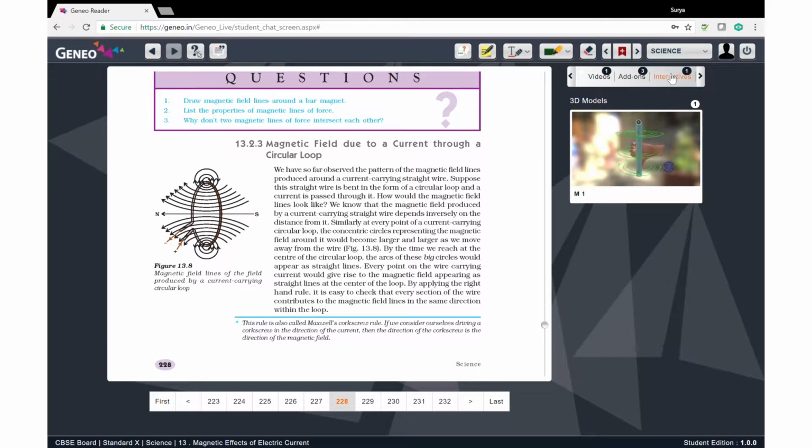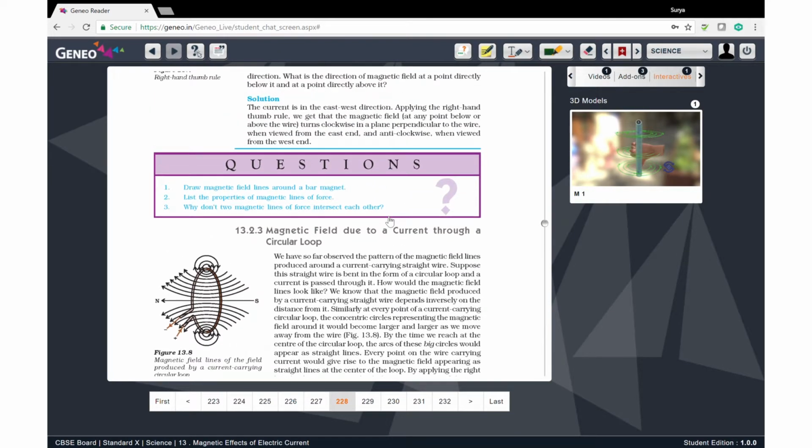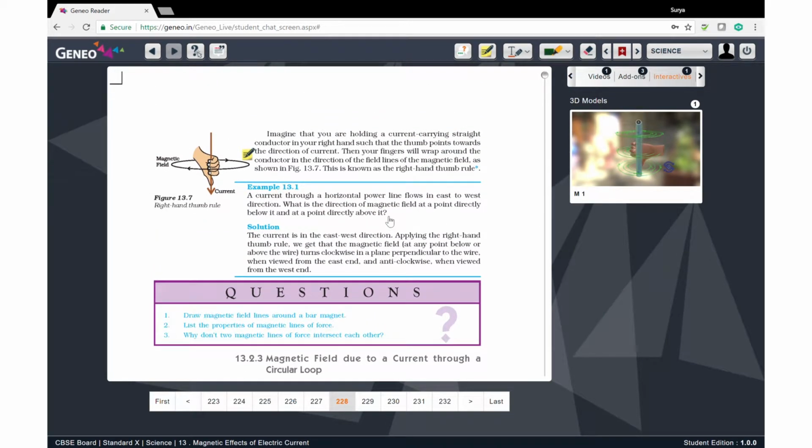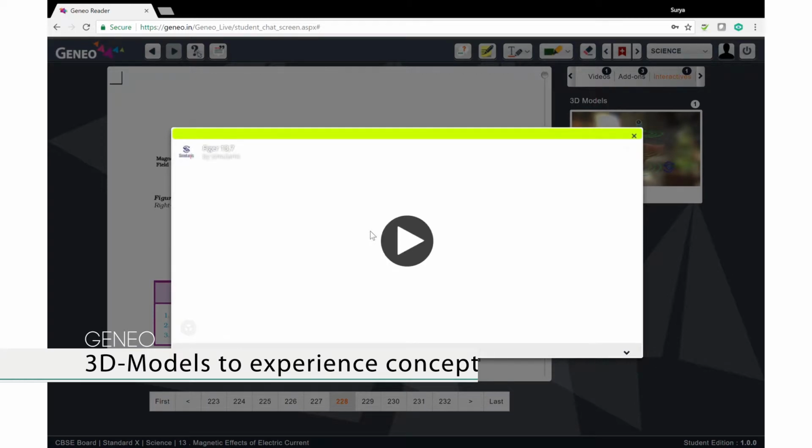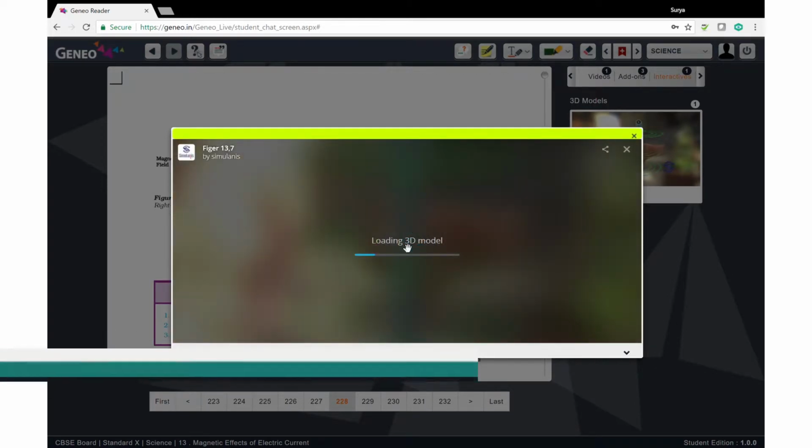The other is that sometimes we will have 3D models for you. So for example, in this case, the right hand thumb rule is being explained. But in a two-dimensional form, it's very hard for a student to understand exactly where the thumb is and how the magnetic lines of field are going. So if you click on the 3D models, what will happen is